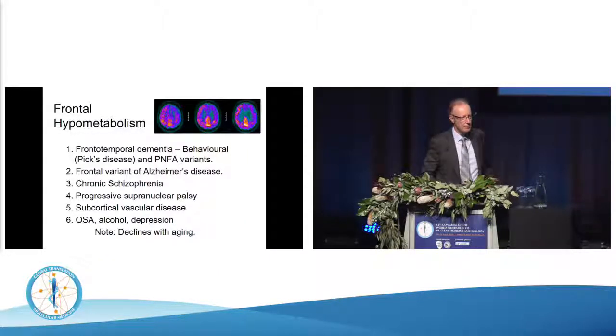Frontal hypometabolism, here's an example. This is my list of causes. Whenever I see frontal hypometabolism, I usually put in a differential diagnosis, a list of the possible causes in my report. So the classic one is the behavioural variant, the BV or behavioural variant of frontotemporal dementia, which used to